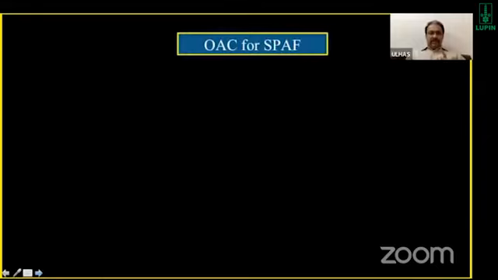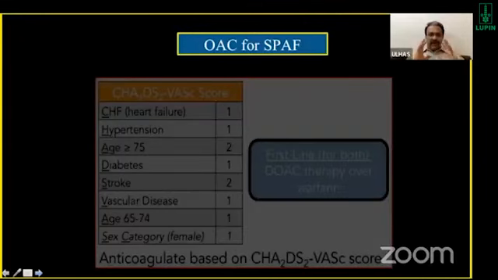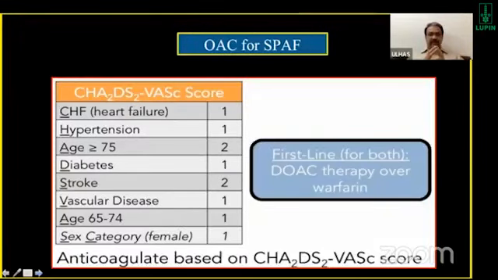So when it comes to oral anticoagulation for stroke prevention in atrial fibrillation, we look at only the binary way of approach. We simply figure out whether the patient has AF, and if the patient did not have any reversible cause for that particular episode, then we straight away start looking at prescribing oral anticoagulation, taking into account some of the risk factors mentioned in the CHA2DS2-VASc score. Those are CHF, presence or absence of hypertension, age, sex, earlier TIA or stroke, diabetes, etc.